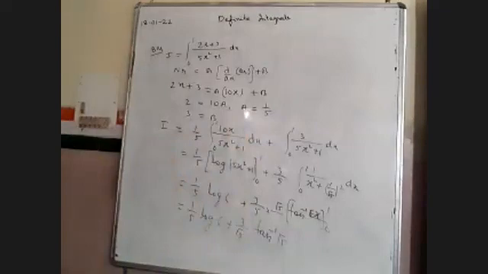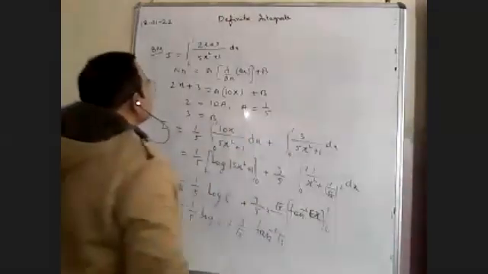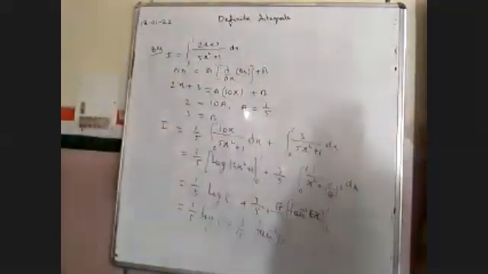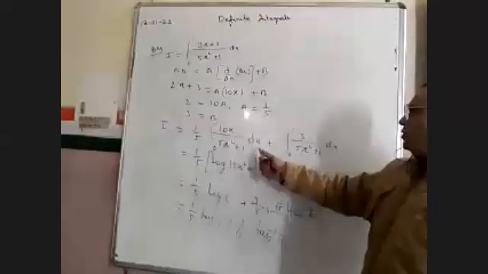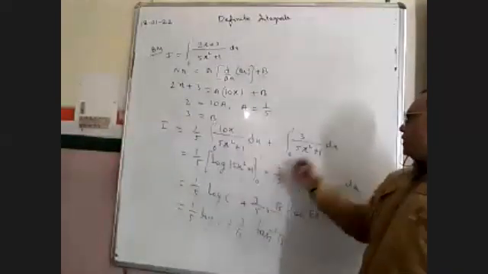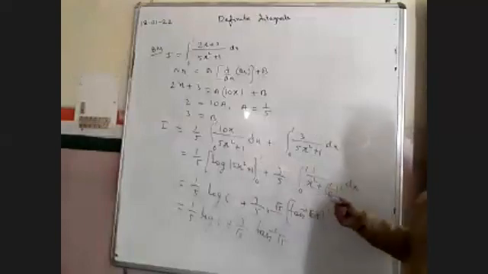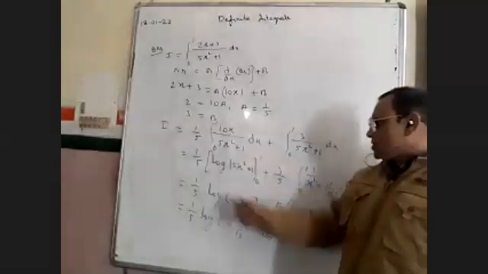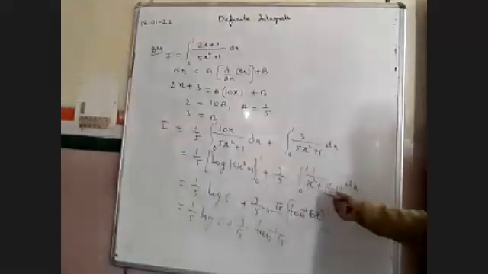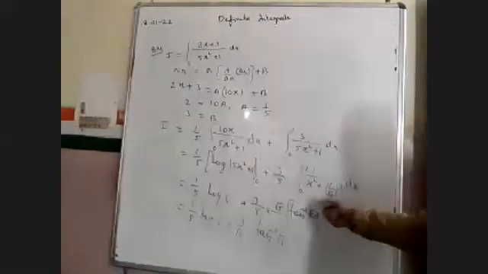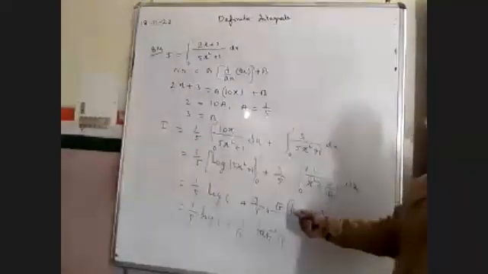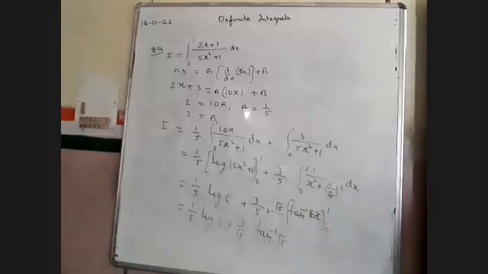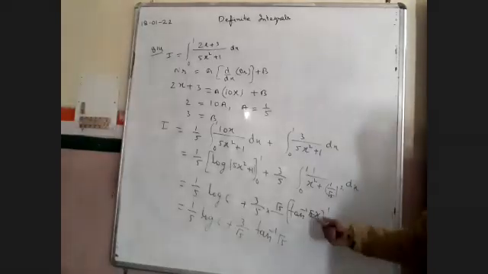So we have done. Okay, the integration was a lengthy process because we have to convert into integrals. One is 1 upon x form and other is x square plus a square form. We have used two formulas, 1 upon x integration log x and 1 upon x square plus a square. What is the formula? 1 upon a tan inverse x upon a. Because in place of a we have 1 upon root 5, it becomes root 5x.